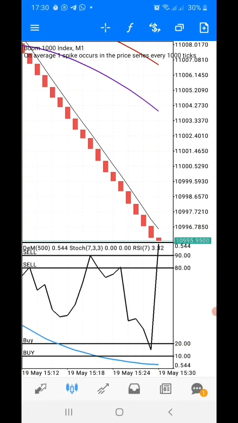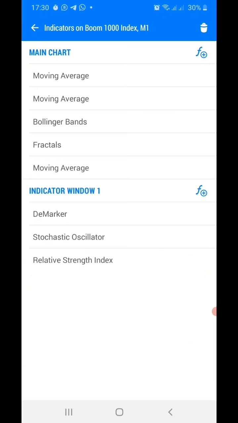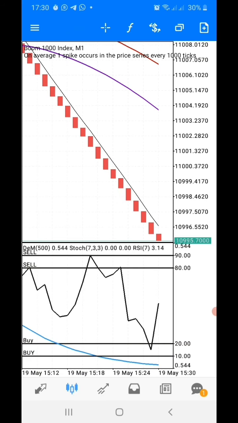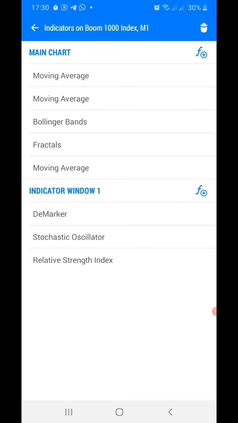Once you have this second window, it will now give you the ability to add another indicator to window 1. After you have window 1, you want to add the D marker. The D marker is period 500, and then pixel is 4. You add that. You click done, and then you come and add the last function,